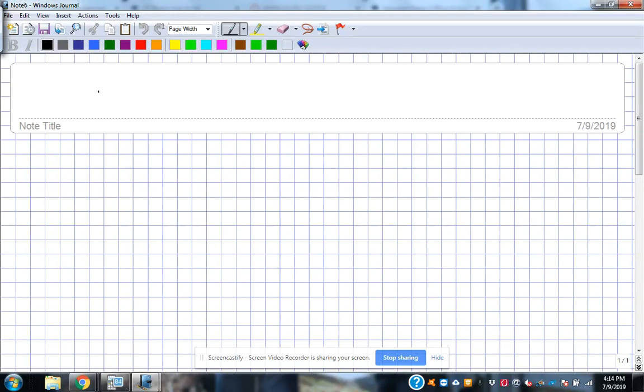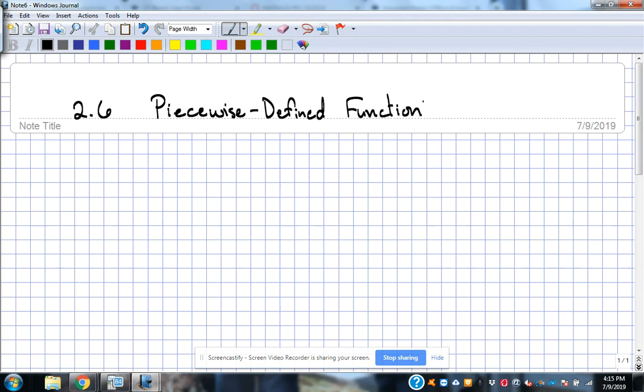All right, so section 2.6. Going into chapter 2, we're going to talk about piecewise defined functions. Piecewise defined functions means we're calling it one function, but it's several pieces, 2, sometimes 3, sometimes more pieces that we're building that one function from. So piecewise defined functions are functions